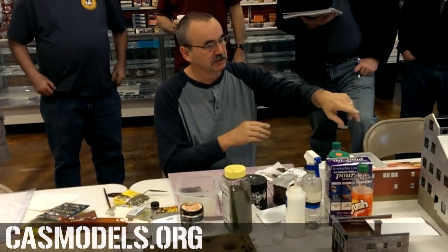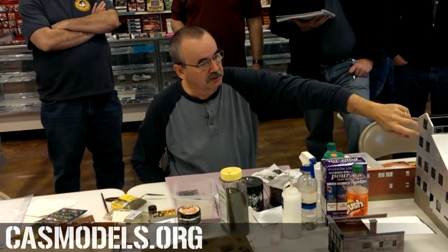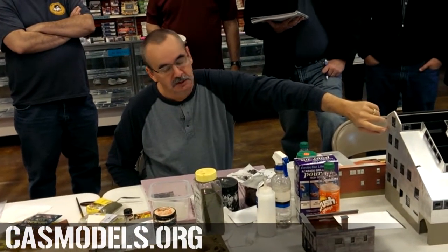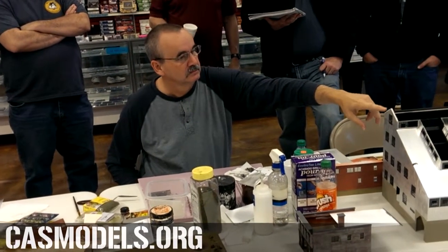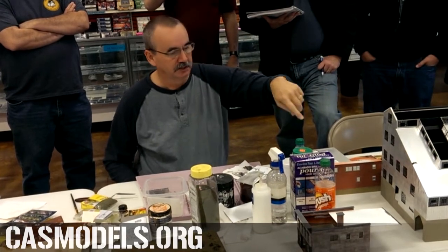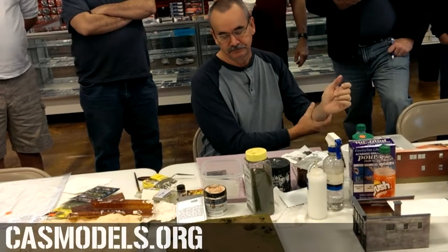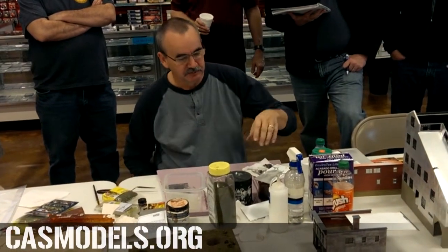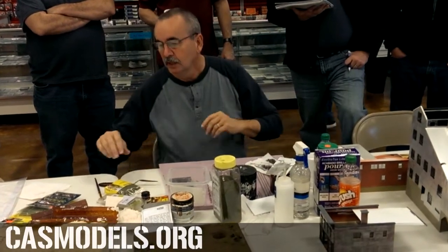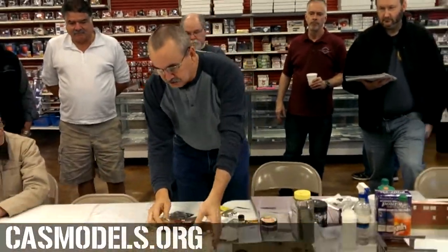If you have any questions, this metal material, which is real metal, was laid on with Walther's Goo, which is essentially contact cement in a tube. And then the brick and all that stuff is done up with Tester's liquid cements. So I also brought down some other things that the military and the modeling group might be interested in. These are